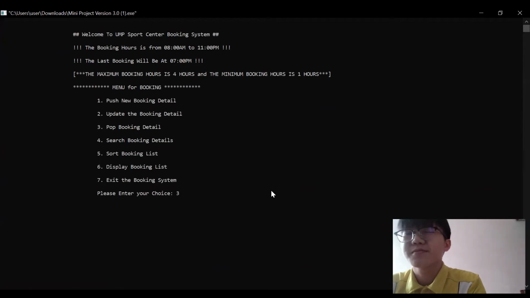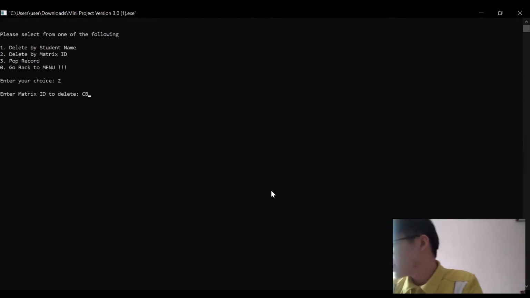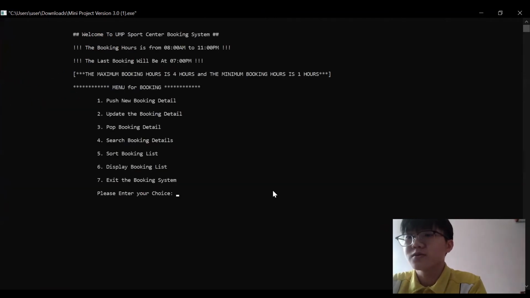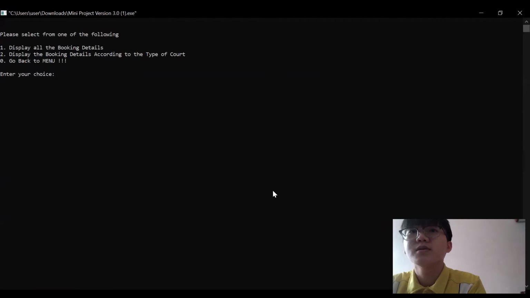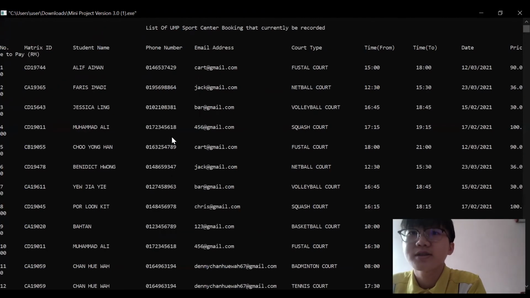And we choose pop booking detail and we choose number 2, delete by matric ID, CB19313. The record was deleted, and then we go to look whether CB19313 has already been deleted or not.